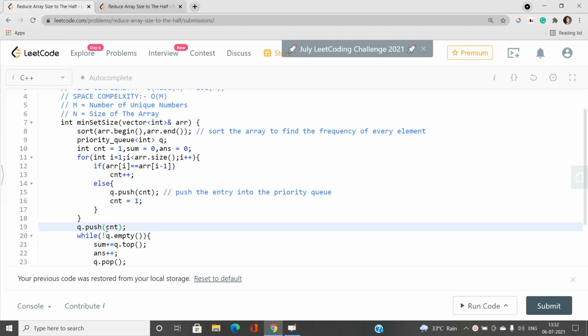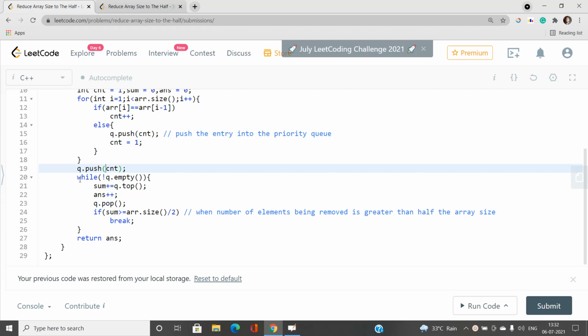Now the entire steps are going to be very familiar. While the priority queue is non-empty, pick up the element which has maximum frequency and increment your answer. Note that answer is going to store the size of the set. If I have taken one element, q dot top is going to yield the maximum frequency present over here. And answer plus plus means that I've introduced an element whose frequency is q dot top, so I've incremented my answer by 1, and q dot pop, since I've already processed this element.